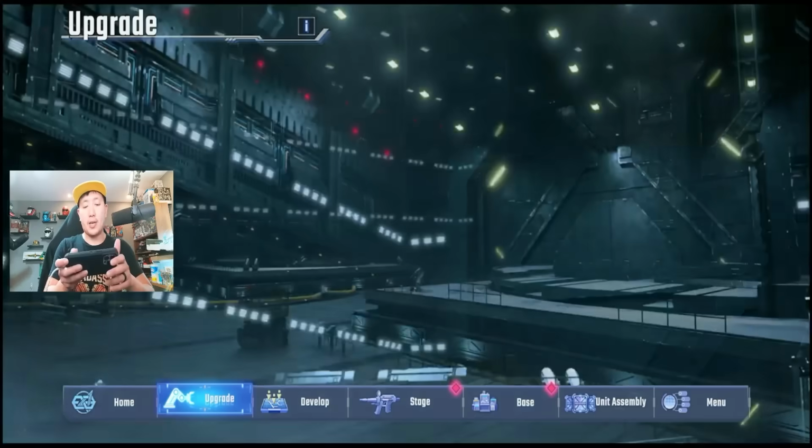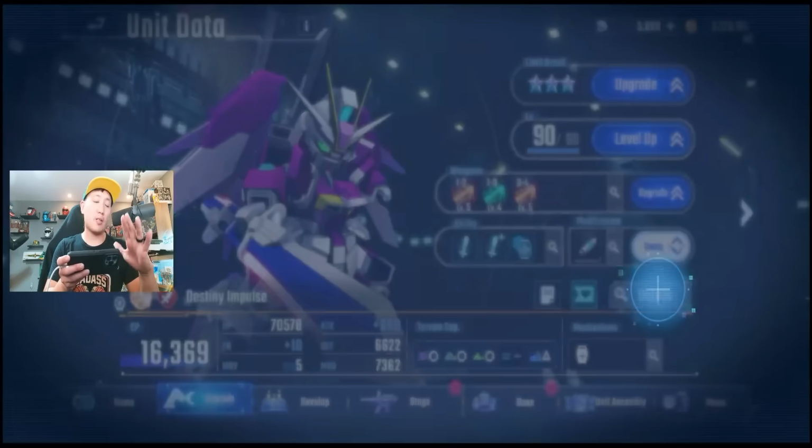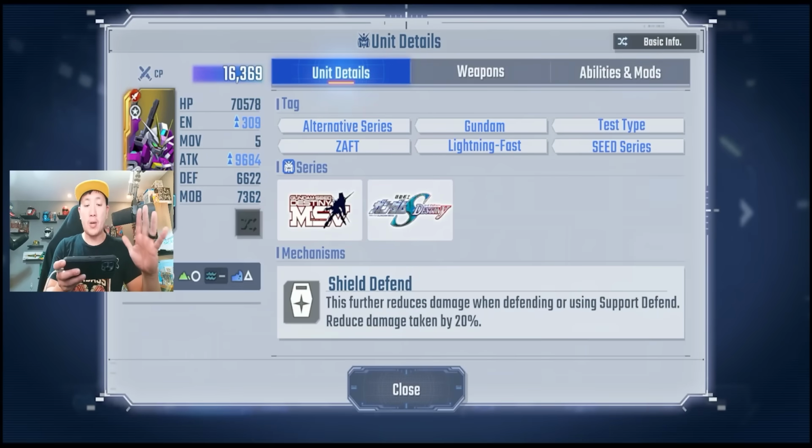We're going to go ahead and take a look at Destiny Impulse first. So this is going to be our attacker unit featured from the Mobile Suit Gundam Seed Destiny series. I want to take a look at its tags first, because that's always important. In terms of series, Mobile Suit Gundam Seed Destiny MSV and Seed Destiny. And then in terms of tags, the ones that stand out to me the most are first going to be